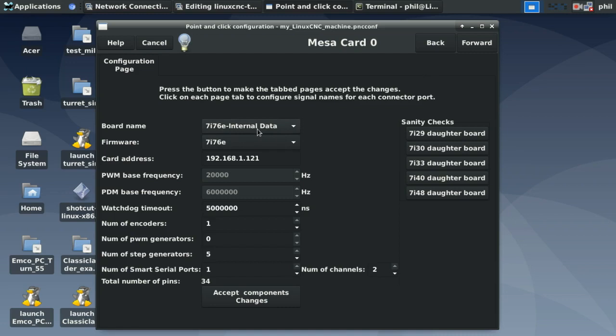If you move the W3 jumper on the 7i76E into the up position, it gives the card the assignment of 10.10.10.10. So you would put that into your card address when you make your setup. The 10.10.10.10 address assignment